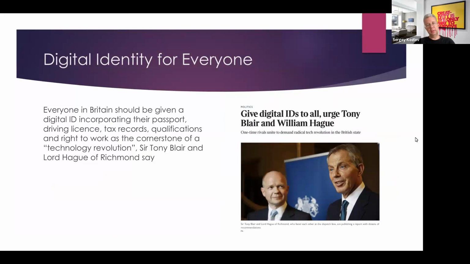We all understand that if everything about everyone is in one centralized database, it's only a matter of time before this database is stolen, with a huge impact on the whole system. If some criminals know your ID, your driving license, tax records, qualifications, right to work, everything about you, that's not good. And of course, if we want to build this type of huge big brother system, the best